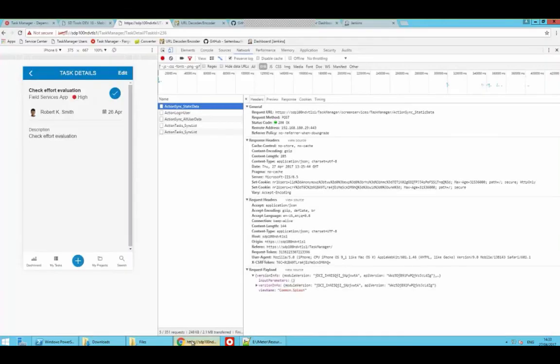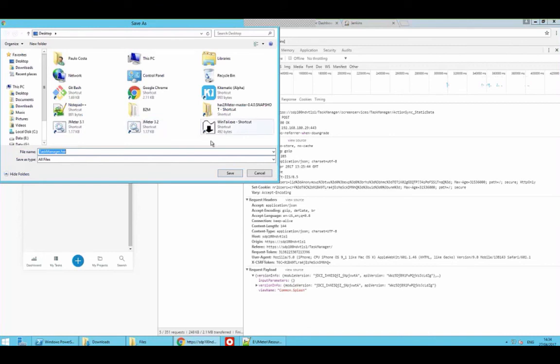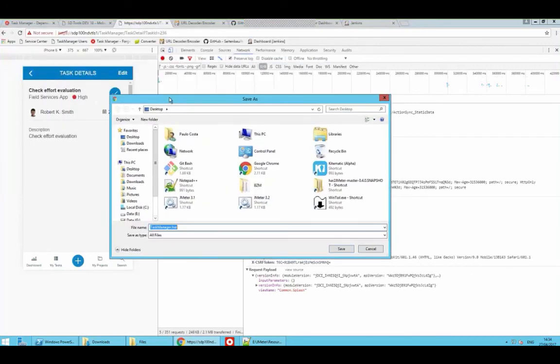What I'm going to do now is I'm going to right-click one of the actions, and I'm going to do save as HAR with content. Okay. What does that mean? I'm going to save HAR. Well, that you cut me on that one. Probably on the format in the Q&A. Yeah, it's the format that stores all the information from the HTTP requests, and I'm going to save it here